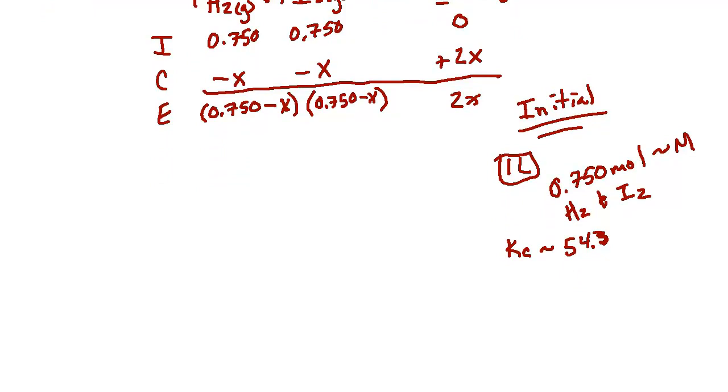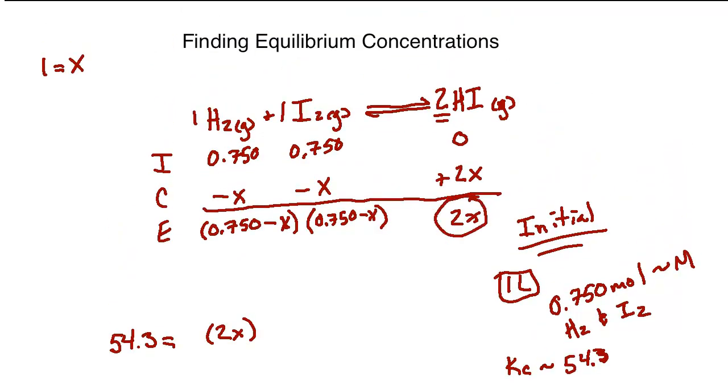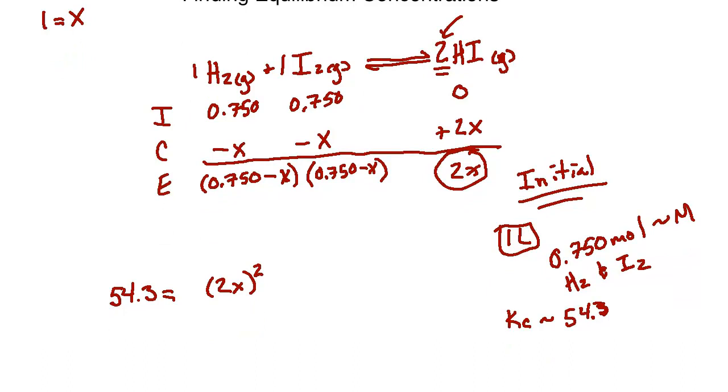So, what is Kc? Well, we said we're going to set Kc equal to 54.3. So let's do that. 54.3 equals, now we want the equilibrium constant equation. So that's going to be the HI squared over the H2 times the I2. Let's plug in the actual values here. So HI is going to be 2X, right? So come back up here, just so everybody's following, 2x. That's what we represent HI with at equilibrium. And because it's squared, because we have a coefficient of 2, we need to make sure that we have that in there. Then the products are going to be